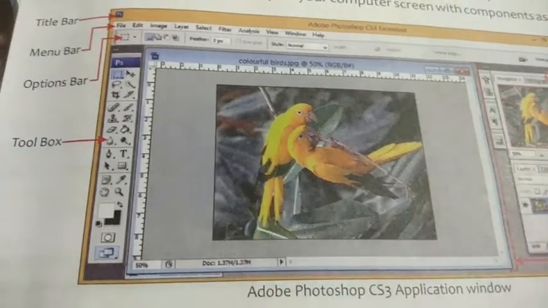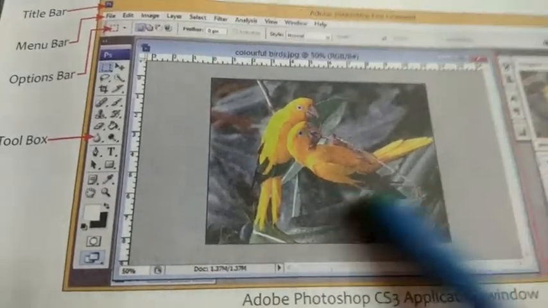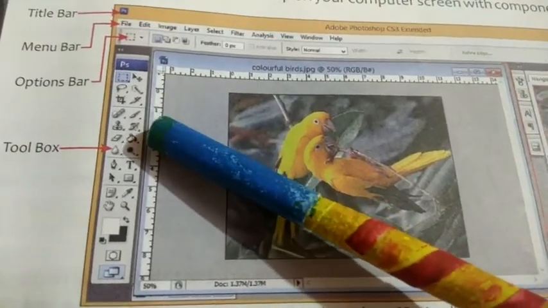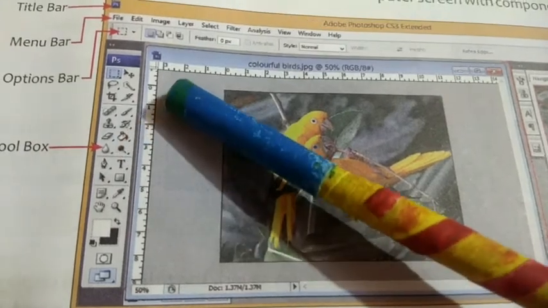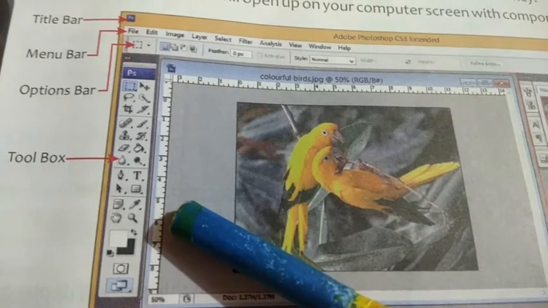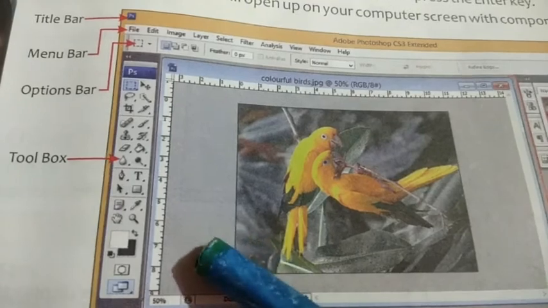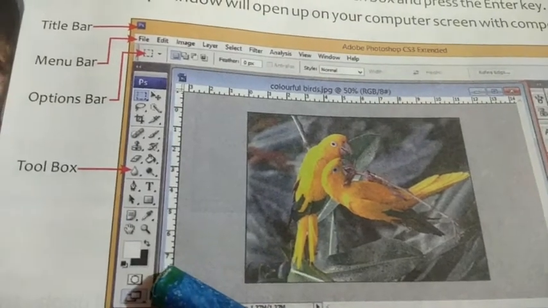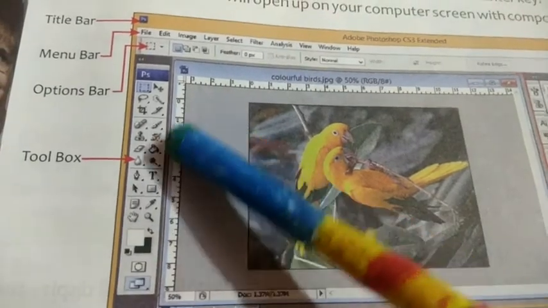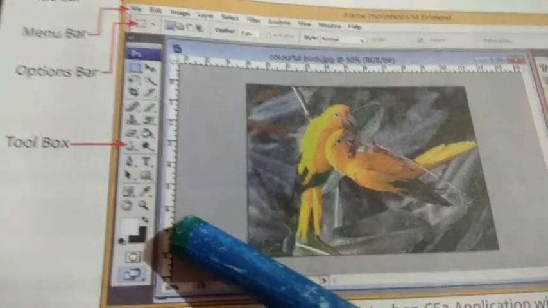Class 7, first of all, see properly. In the Adobe Photoshop CS3 application window, at the start you can see different types of tools. All tools are available in the toolbox in Photoshop. So students, you can choose any tool with the help of Photoshop and apply it.